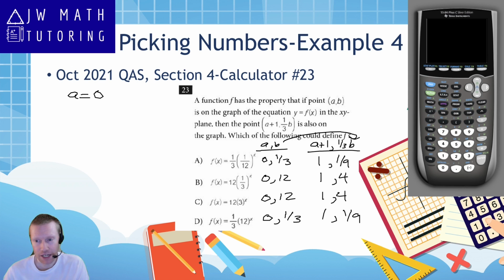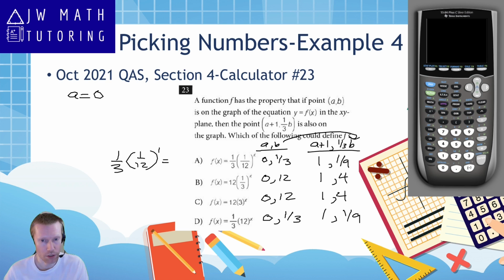These are the points that should be on the graph, but only one of these is actually going to be on the graph of these 4 answer choices. The way I figure that out is I now take my a plus 1 value, or my 1, and I plug it into all 4 answer choices. So in other words, I take this first answer choice and I evaluate it for x equals 1. So it's